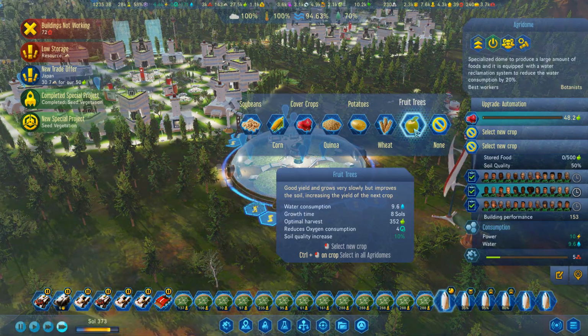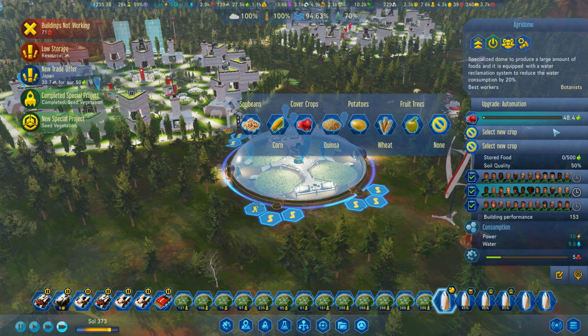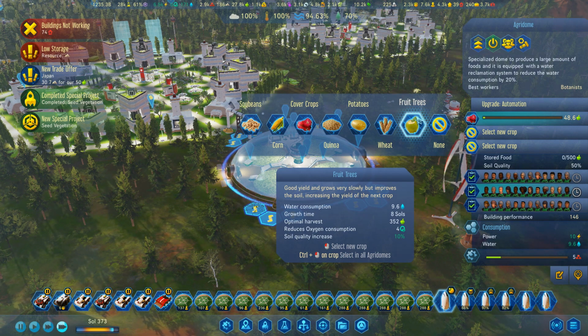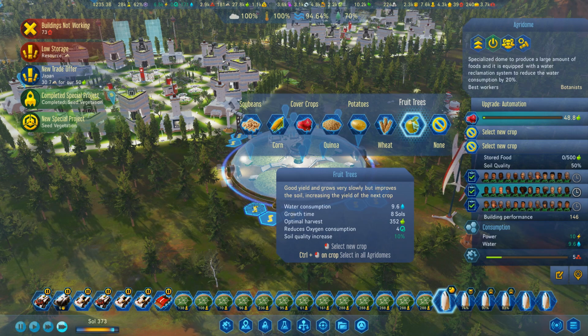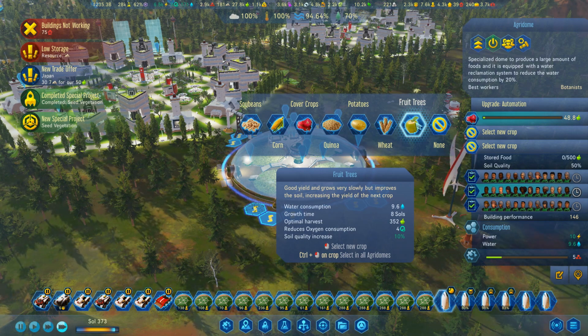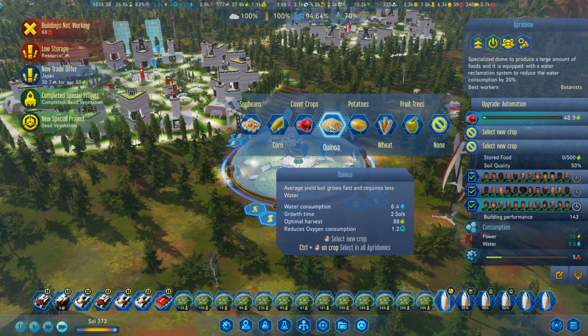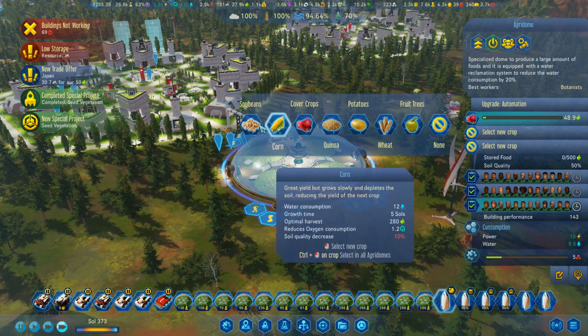Now if you do fruit trees, the growth time is 8 days. Optimal harvest, 350. But it's going to be a lot more than that in here. These will produce something like 700 food every 8 days or something. Doing those. But, you know what? I'm lazy. I like doing quinoa. So I think what I'm going to do is...